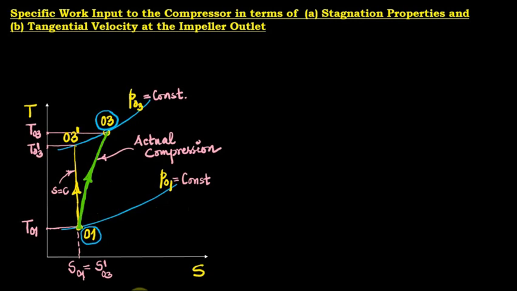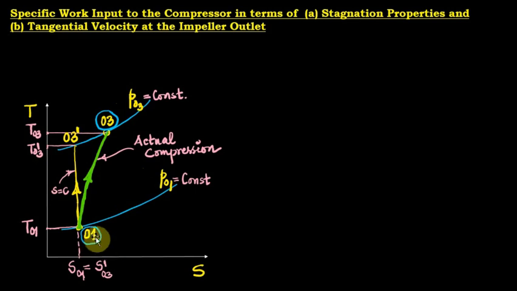We will now designate the stagnation state 0,1 at the inlet to the compressor or inlet to the impeller, and 0,3 at the outlet of the diffuser, or we can say outlet of the compressor. In between we have 0,2, and we omit that now. Forget about the condition after the impeller for the time being, because we want to consider the overall compression process and represent it without taking state 2 in between.